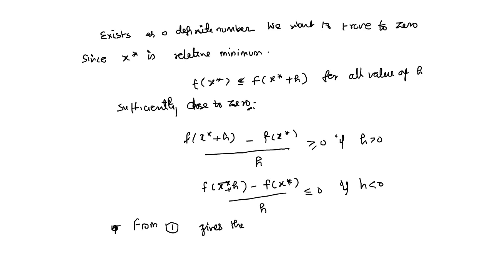it gives the limit as h tends to 0 through positive values. When this gives the positive value, that means f dash of x star is greater than or equal to 0 from this condition. And for a negative value,